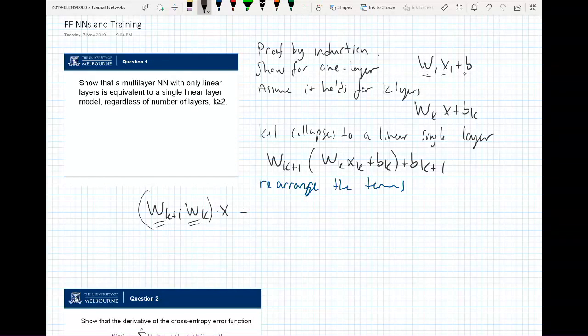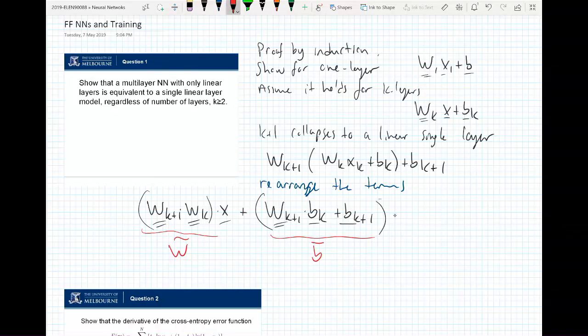And this is a vector as well, because the layer output is a vector. It doesn't have to be scalar. Right? And then plus, this multiplies this, W_{k+1} times b_k, plus b_{k+1}. So this gives me a vector, this gives me a vector, and these vectors are summed up. But if I define this as W tilde, and this as b tilde, then this is nothing but W tilde